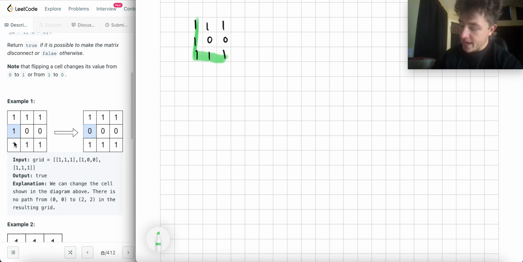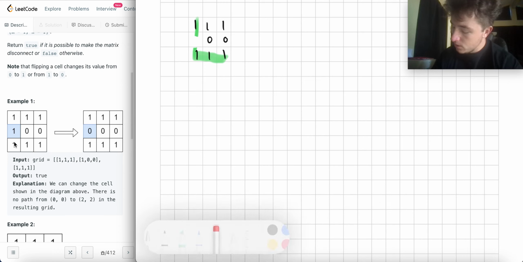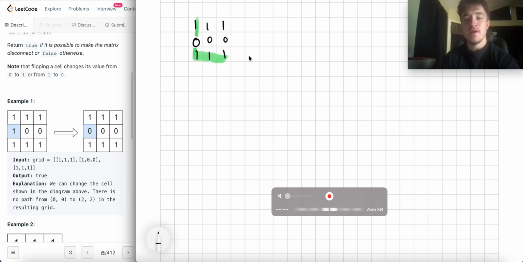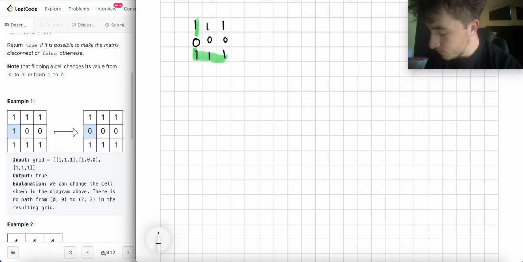If we were to change this cell to 0, then there would no longer be this path. This path gets removed because now there's this whole row of zeros. Since there's this whole row of zeros, there's no way that we can make this work. So really what this problem comes down to is, can you make